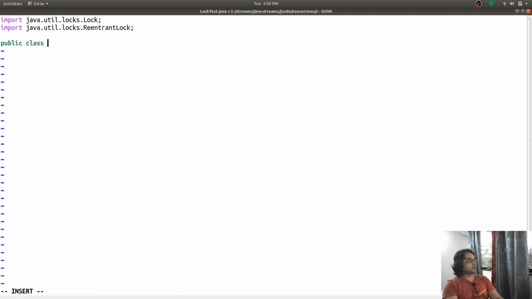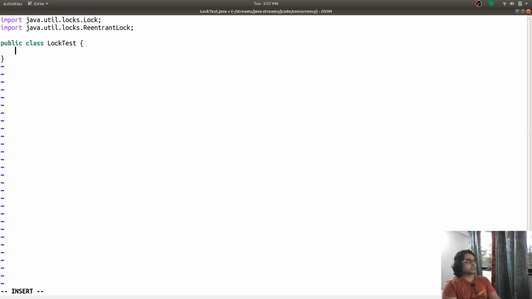This is what happens in the case of a synchronized block, where if a thread is already holding a lock on the synchronized block or method, then it can enter it without any issue, without blocking. And every time that thread enters that synchronized block, the number of locks held by that thread goes up by 1, and when it exits that synchronized block or method, the number of locks held by that thread reduces by 1. This is how the number of locks is tracked.